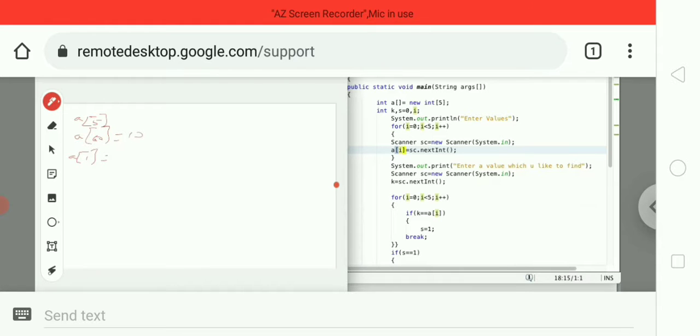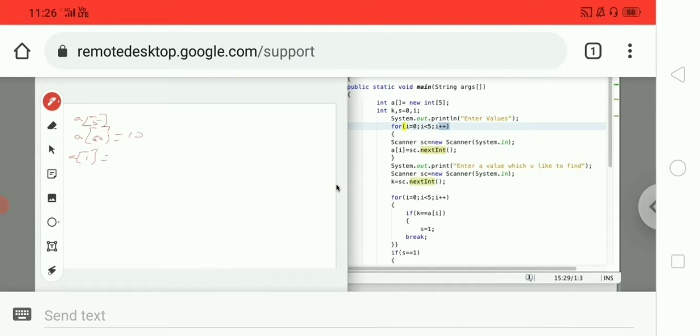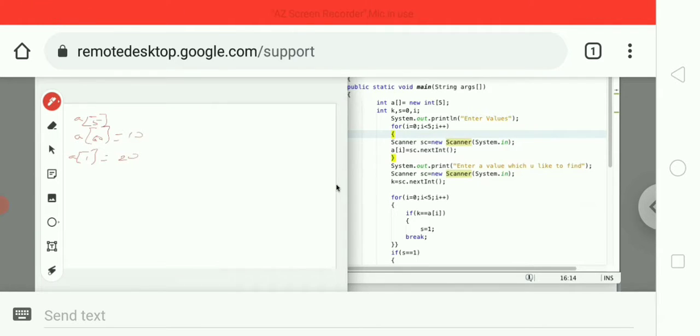After that process is completed, again the loop goes here to i plus plus. So the i value is 0, and now the value will be incremented. Now the i value is 1, less than 5, condition true. Now another value will be inserted. So here I am storing the value 20 in A of 1. After that i plus plus, i value 2 less than 5, condition true. If the condition is true, we have another chance to store another value. In this way we can store 5 values in this particular array.